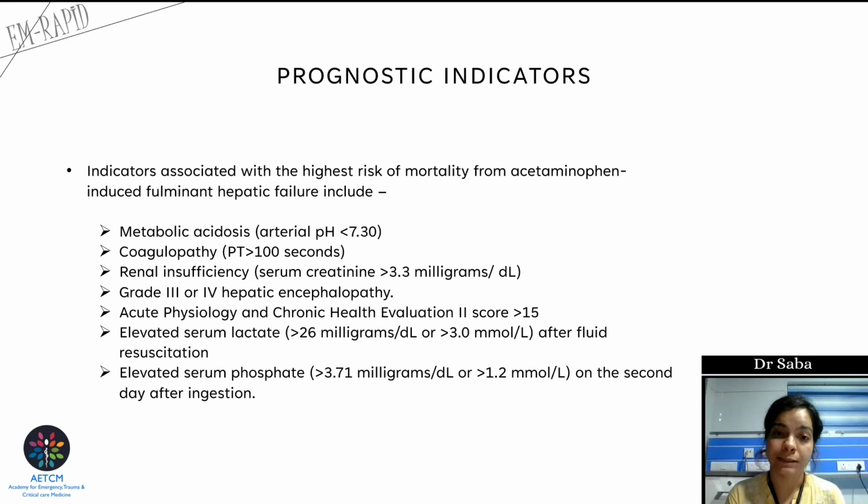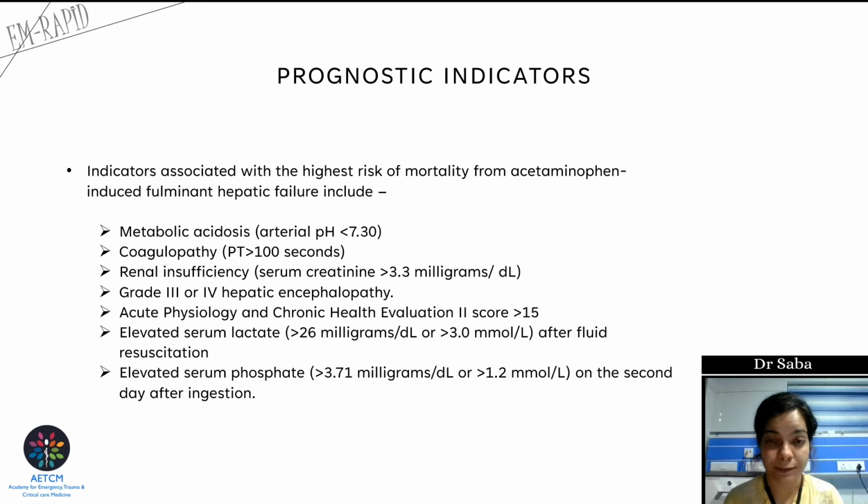Mind you, this is a single indicator to refer the patient to liver transplant unit if acidosis has not been corrected despite fluid resuscitation. Then if the patient has ended up with coagulopathy with PT being more than 100 seconds or INR being more than 6.5,